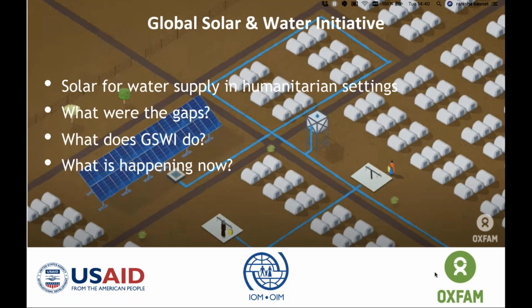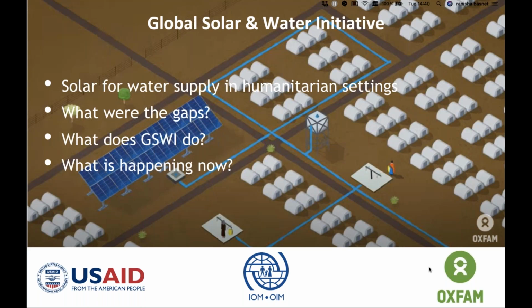The wave of using solar power for water supply started in Dadaab, where humanitarian donors such as ECHO gave funds towards the solarization of water systems. And Dadaab eventually became the first refugee camp to be supplying water using 100% either solar or hybrid systems.